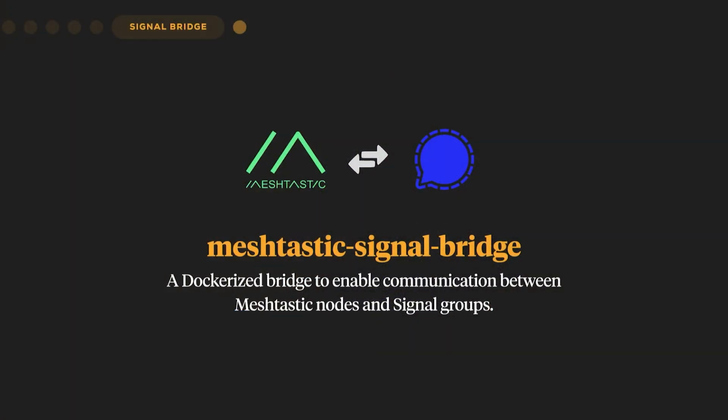I want to spend the last couple minutes talking about a small project that I worked on this winter in light of recent events that I thought was interesting. I made a small app called Meshtastic Signal Bridge. It's a software bridge to allow people on Meshtastic and Signal to communicate with each other in the event that there are people who have mesh nodes in situations where they don't have cell service and want to talk with other people who are in a Signal group.